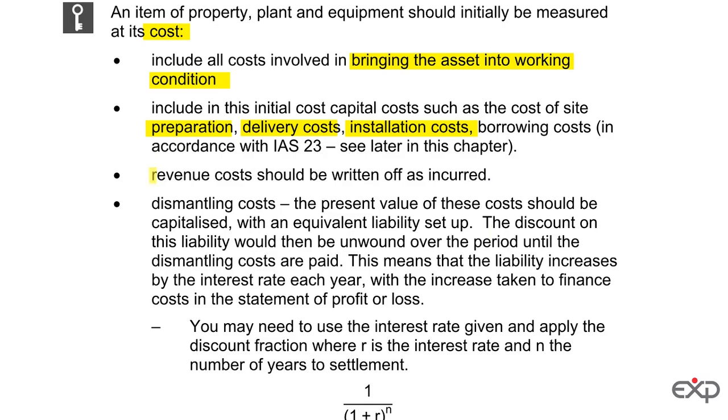When we talk about revenue costs, we mean costs that aren't involved in bringing the asset to its location and condition. And any other expenditure, like training your staff, for example, to use the equipment, would be included as part of your profit or loss. What we also include in here, though, is